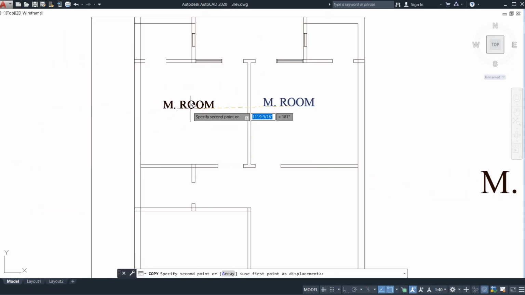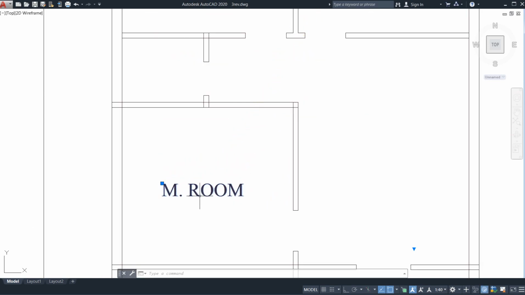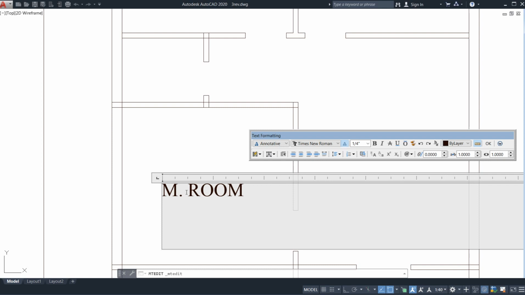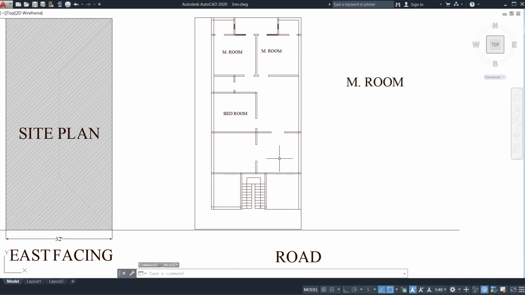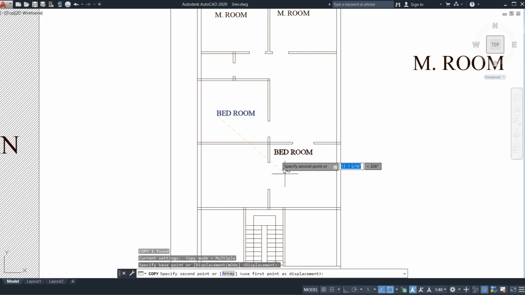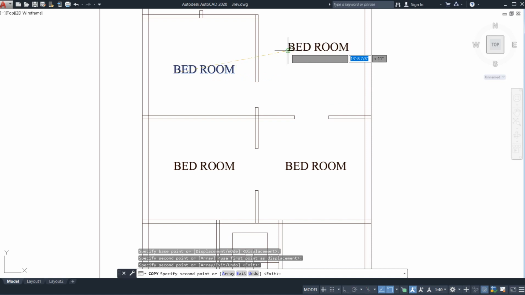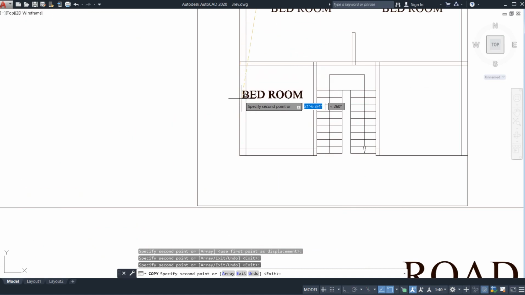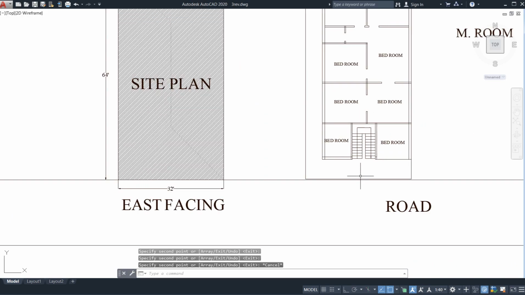After copying this, here your master bedroom, but this is your normal bedroom, it's not a master bedroom. So edit it. How to do this, just go for bedroom, bed space, see, it's like that. After that, what you need to do here, this is my copy, and this is my dining, this is my living, and this is my kitchen, this is my portico, right?